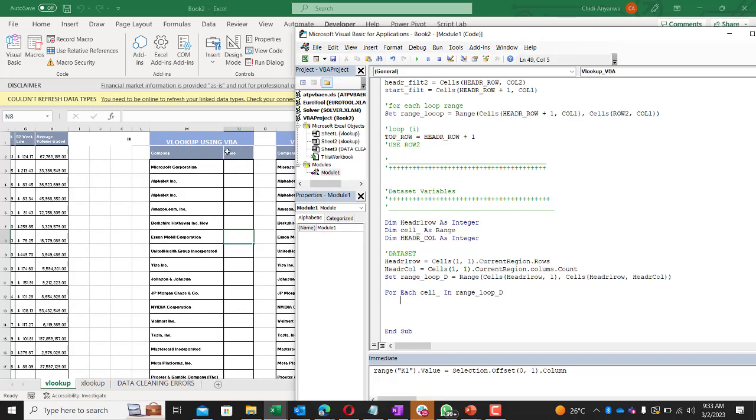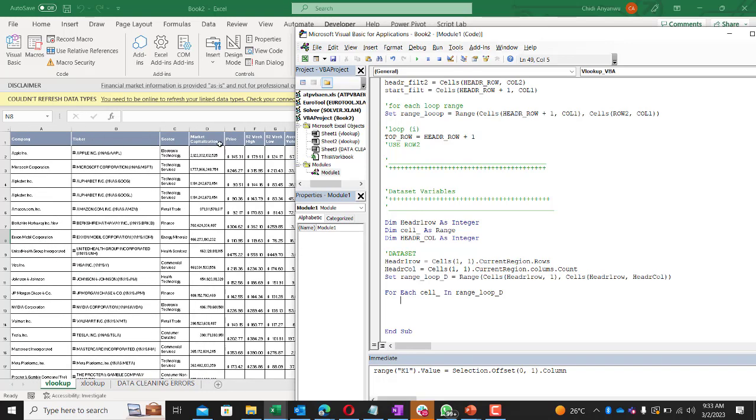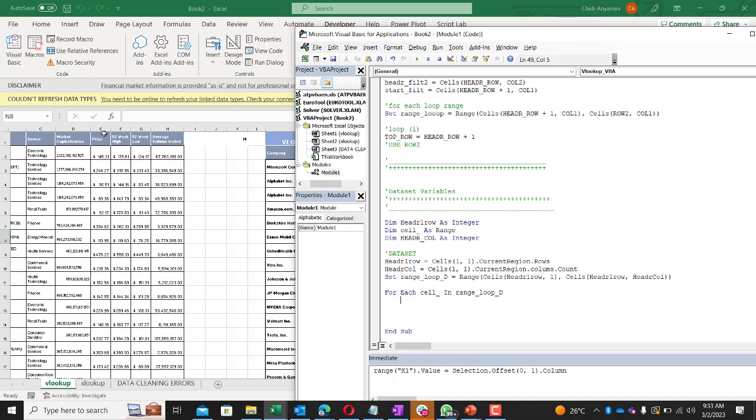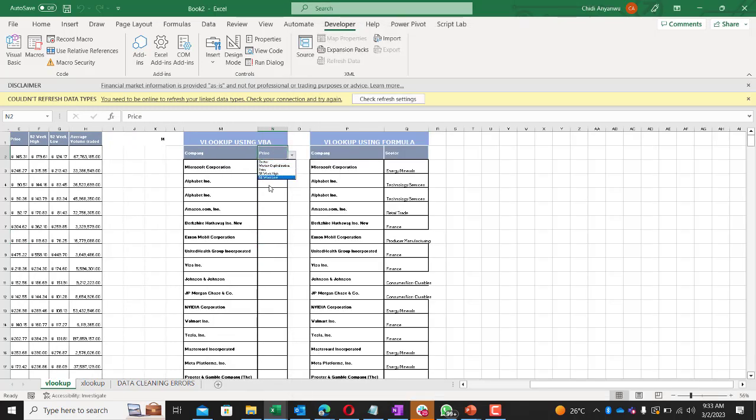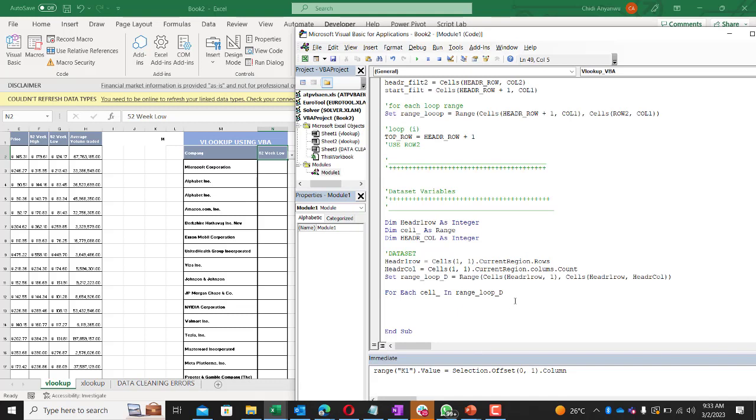price. So now that I have these two references, well, I want to get in this loop, in this range right here, what column number will price be at, or any value that I'm going to put here, what column number will it be at. So I'm going to quickly make a loop that will find it and set it, and then save it as header column. So I'm going to put an if statement here, if